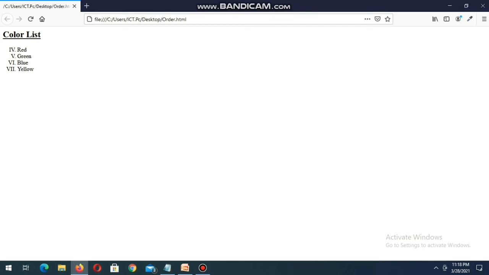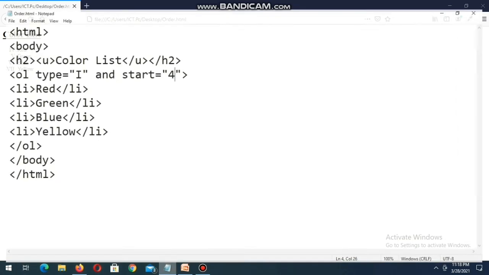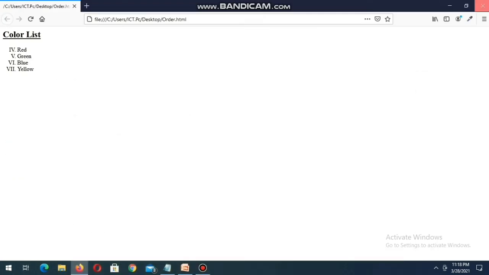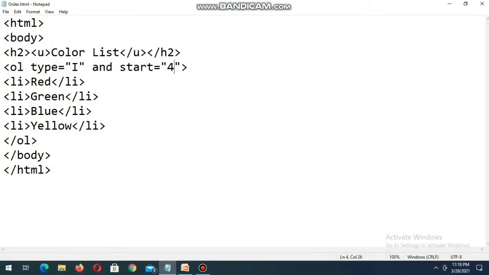Now I will show you the unordered list. To make it an unordered list, you have to change some portion of this program. At first I will write UL instead of OL. UL means unordered list, and type equal to square. And in an unordered list there is no starting point, all are the same.